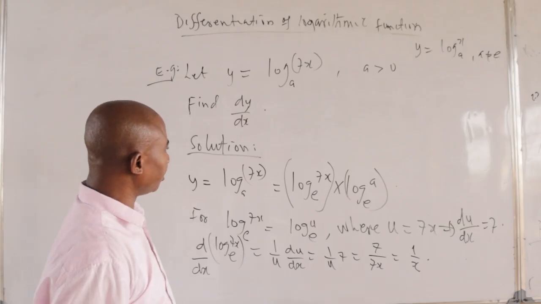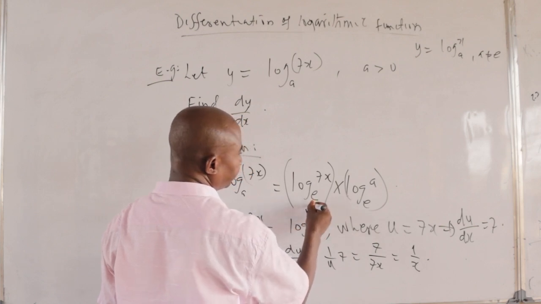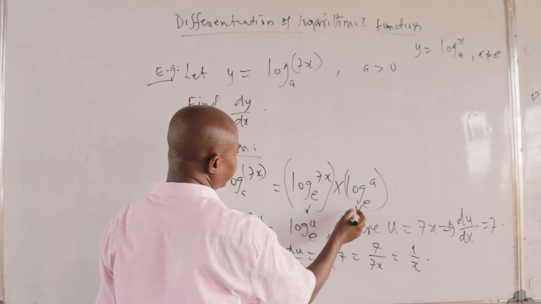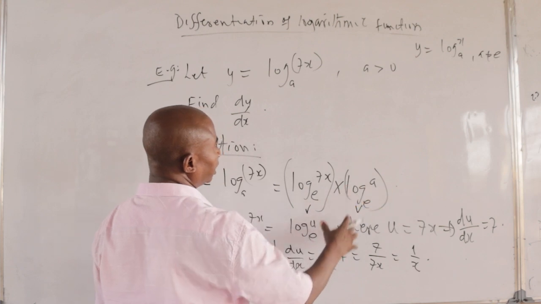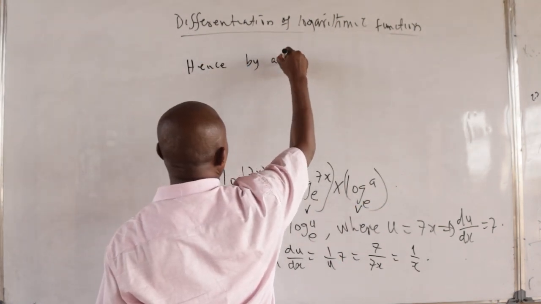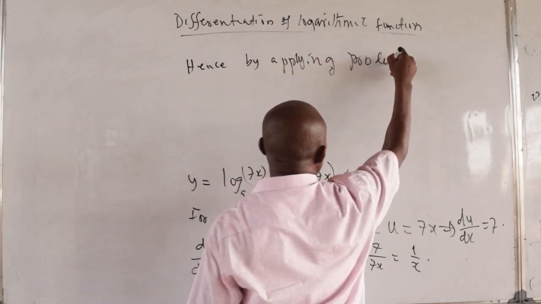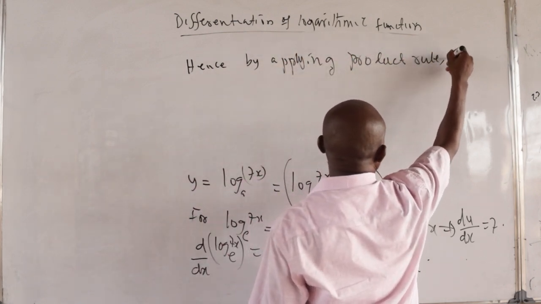We're still pursuing our product. Now we pursue our product rule. We have gotten the derivative of this. We know the derivative of this. Now we apply the product rule and then we get that. By applying the product rule, we have